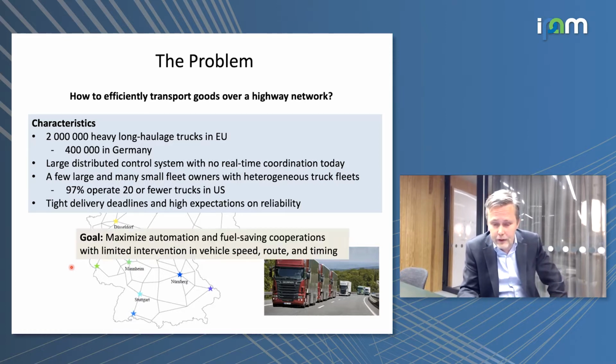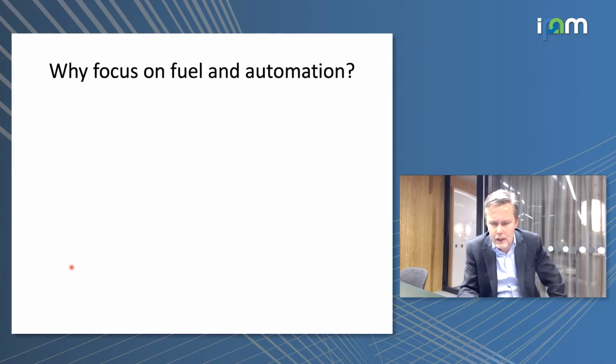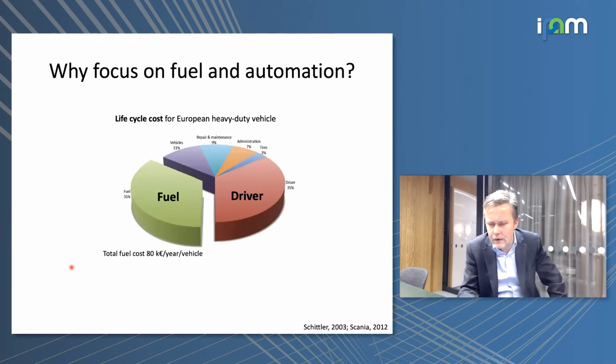And it's a system today which doesn't have much automation. And the question we're asking ourselves is, could we actually make this system more efficient? Could we automate it and make it more efficient? And the reason for this, you can motivate it for many different reasons. From a societal viewpoint, less pollution and so on,